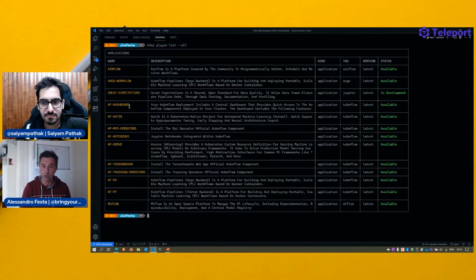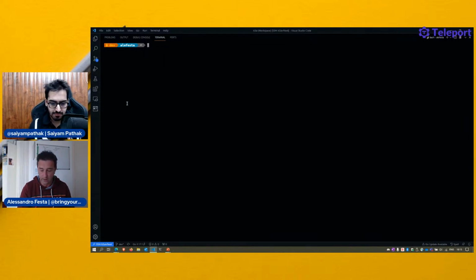So you don't have to install Kubeflow in a single step. That is super heavy, but you can decide which component you want to use. And we also have MLflow, but not only. We are working, for example, on Great Expectations for data analysis. And as you can see, in that case, it's in development. So that's all I need to start.